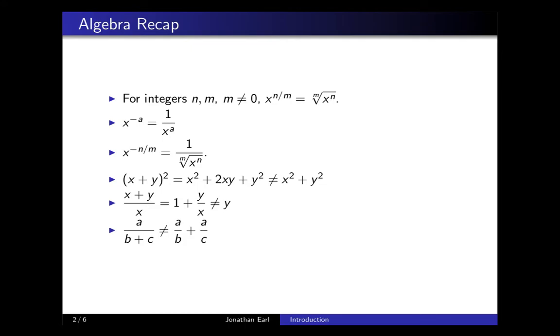So one rule of thumb that I would advise is, if you're ever doing some kind of arithmetic operation and you're wondering whether what you've done is correct, just go and put in a couple of numbers to see if you've done the correct thing. So for example, with this second one, if you wanted to say that a over b plus c was a over b plus a over c, just go and put in something like a equals 1, b equals 2, c equals 3, see if your expression works. If what you find is that the left and the right-hand sides are not equal, that tells you that you're doing an arithmetic operation that's not valid.